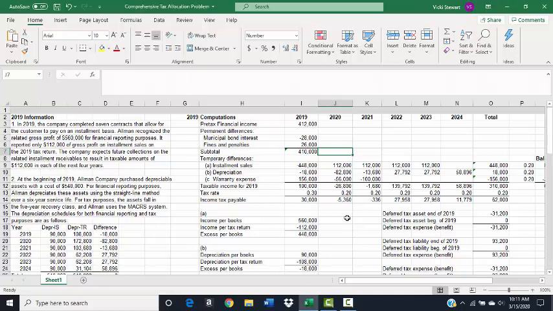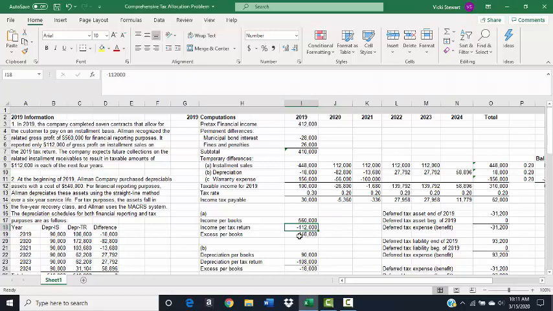Okay, so let's talk about this. This is revenue that we would have recorded and included in pre-tax financial income based on accrual basis accounting. So we satisfied our performance obligations, so we debit accounts receivable and we credit sales. However, for tax purposes, we only collected $112,000, so that is the amount that we would actually report on the